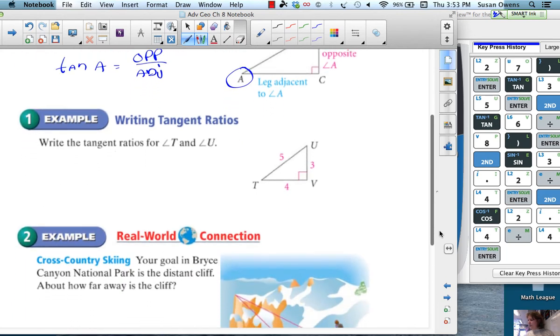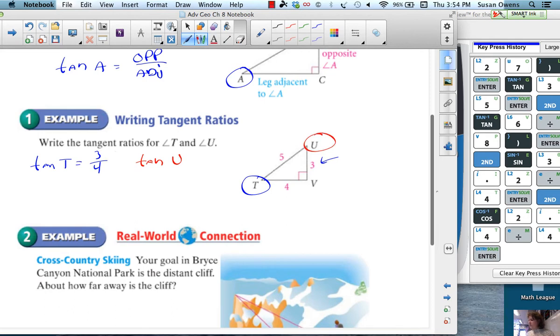Now if we want to write the trig ratio, we need to figure out what angle we're talking about. They want us to do it for T and U. So let's do T first. So I'm going to circle T. So if I'm doing T, it's going to be tangent of T, and the tangent of T is going to be equal to the side that is opposite it. So 3 divided by the side that's adjacent, that's not the hypotenuse. So 4. And then if I do the tangent of U, the only thing that's going to change is my